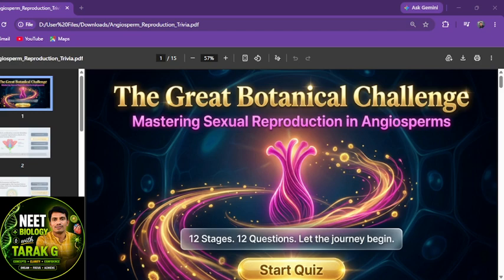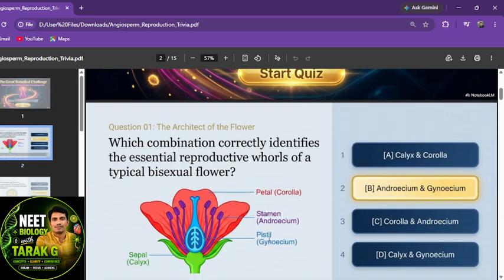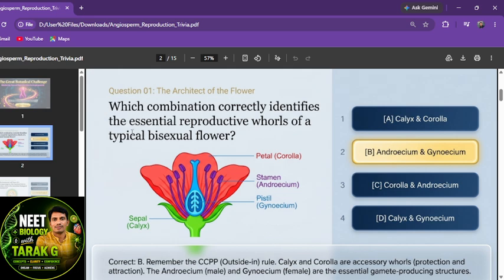Hello dear students. Today I'm going to explain some important objectives from the chapter Sexual Reproduction in Flowering Plants, which are nothing but angiosperms. Right? Let's get started with the first objective: which combination correctly identifies the essential reproductive organs of a